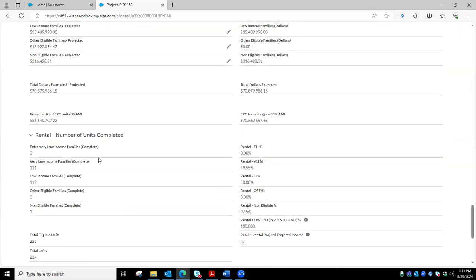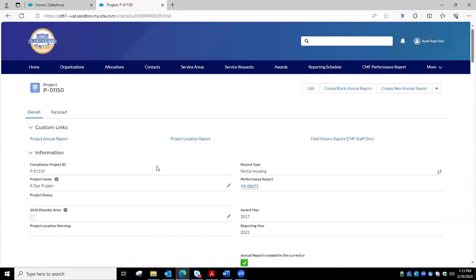Getting close, and right here, rental number of units complete. The total eligible units here is 223. So this is not matching the location units of 220. So let's assume that this is correct by the information you put up here, breaking down the units by income category. 223 would be correct, so we are going to go back